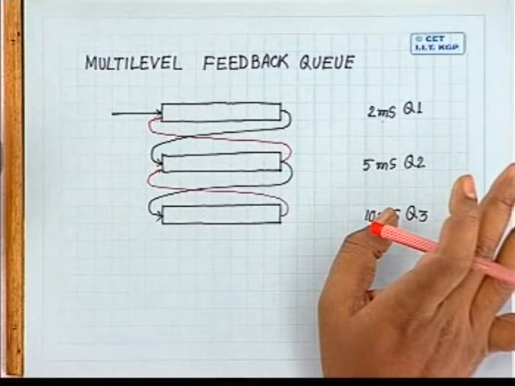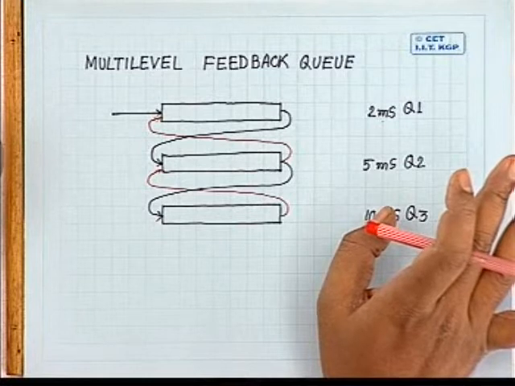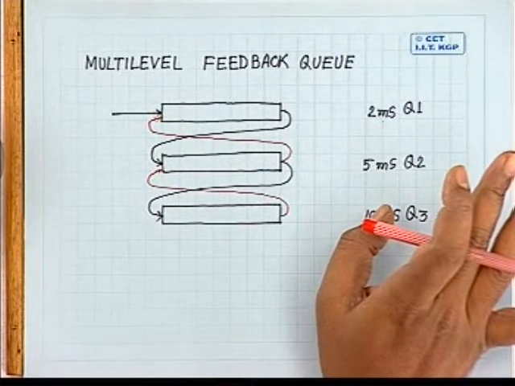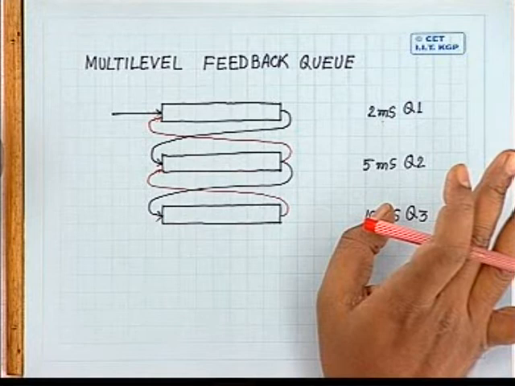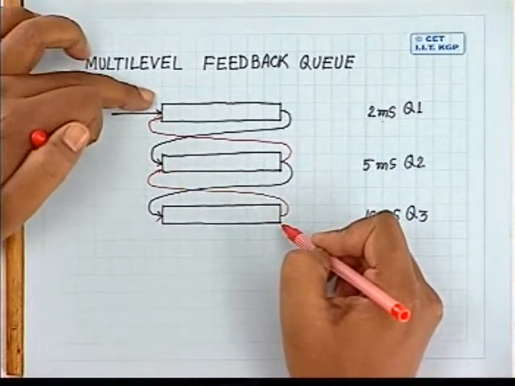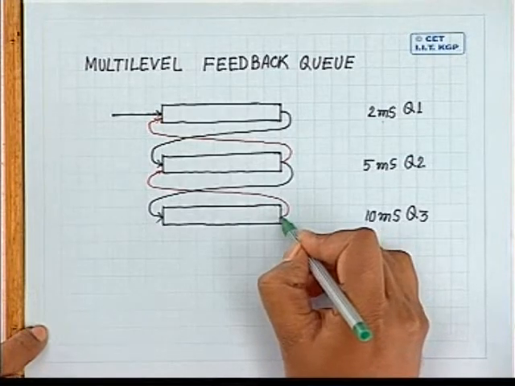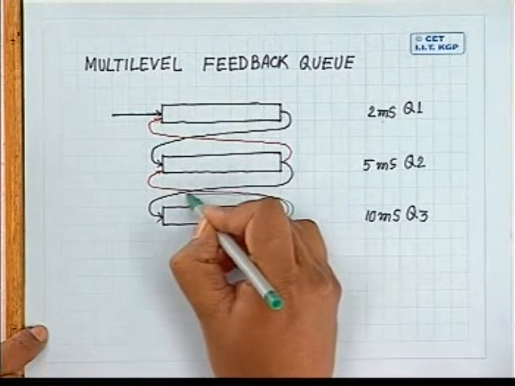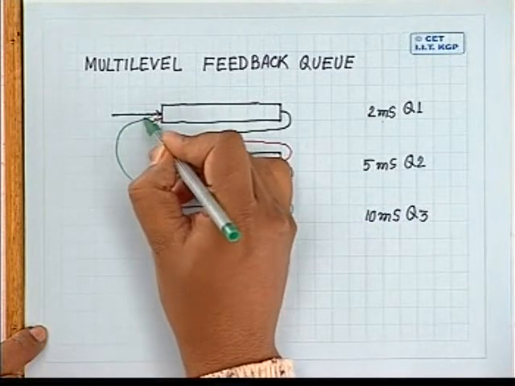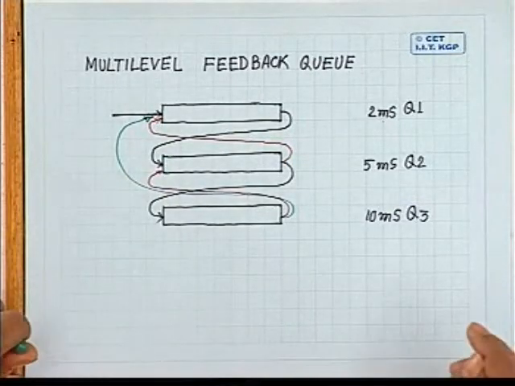Backwards, why can't you push it to again 2 milliseconds, so that if that requires more than 2 milliseconds, it will again come to 5 milliseconds? So only one backward loop to the first one. No, what can be done is, it is not only going to this level, I can also make it, from here, I can also put it to the topmost level. That one only will suffice, no, sir. If it requires more than 2 milliseconds, it will again come back to 5 and the loop continues. That is okay, but in that case, you are incurring more and more switchover time.